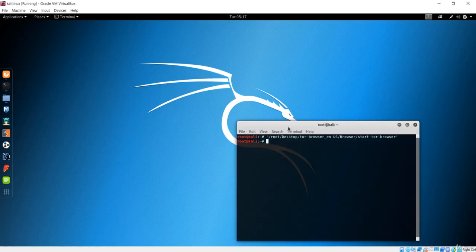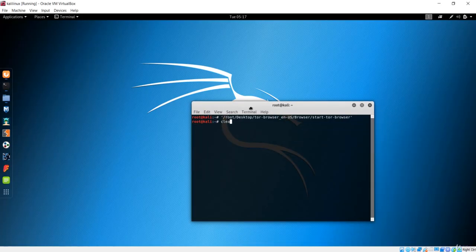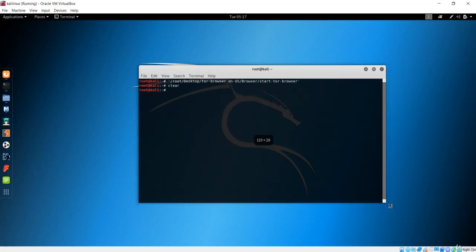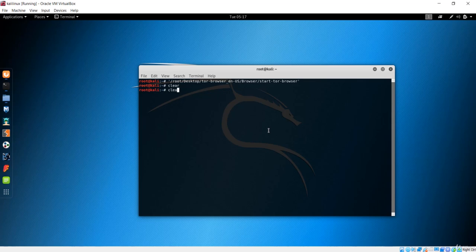The first thing I want to do is clear this and open the terminal. Let me resize this. First of all, we have to see the link, or basically the web page that will be stored in this var, under the root, and it will be www/html. This will be the website's page. So basically we'll see the index.html that is inside here. This is the page that we are going to render on our deep web link, which is onion router.